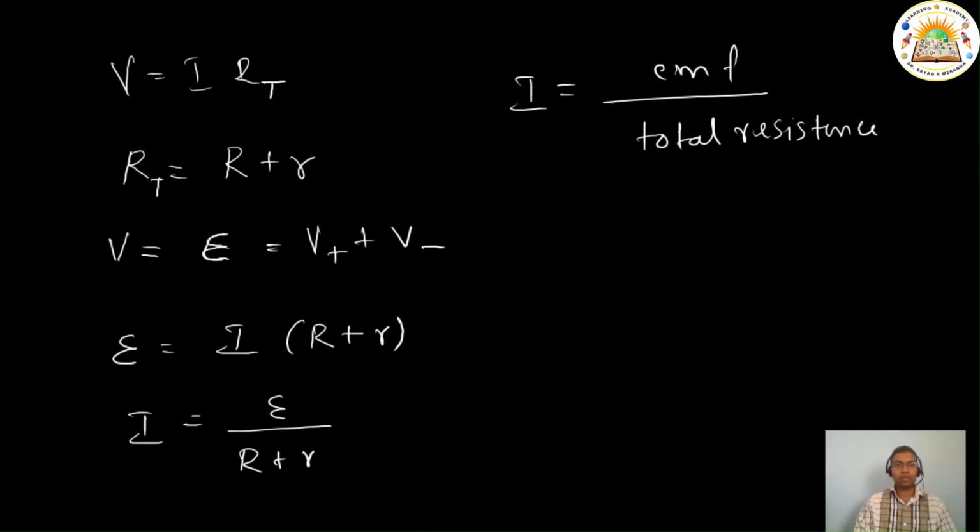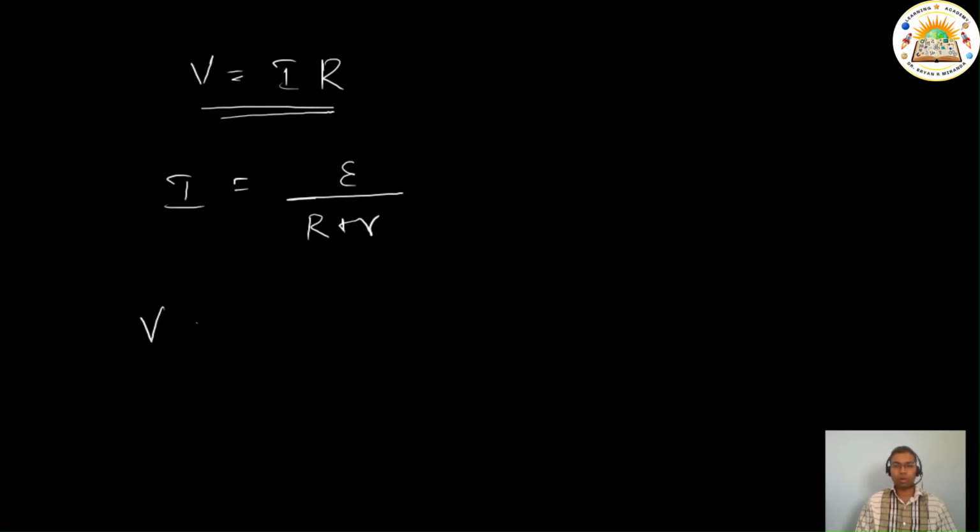But our actual Ohm's law was only V is equal to IR. We didn't have total resistance or EMF in the picture here. So what we will do here, we are going to substitute the value of I in terms of the EMF by the total resistance. So I will get the total potential difference that can be established between the two electrodes,